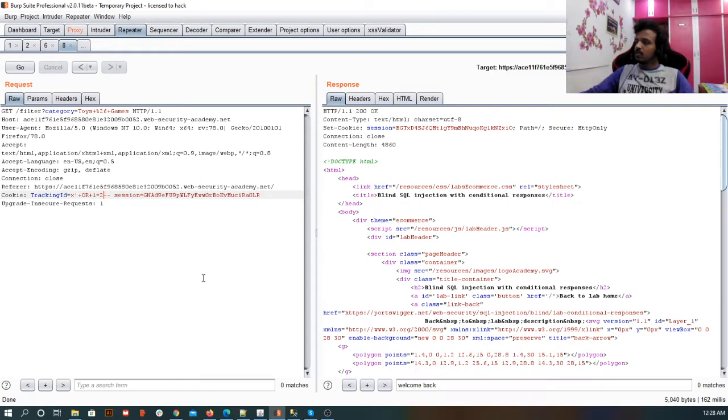So the first thing we will do is write a query. Now we were using 1 equal to 1, which was not a SQL statement, that's why we were writing or. But now we are going to write a SQL statement, that's why we are going to use union or intersect or something like that. As part of the problem statement, they said that there is a table called users, which has the columns username and password.